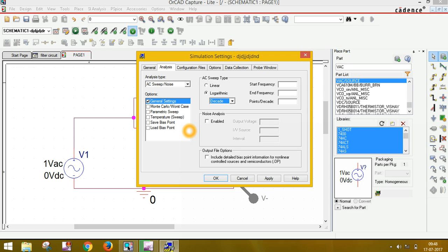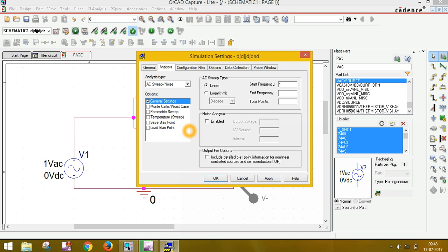The problem is when you use linear type for a big range of frequency, the points are crowded, and to observe that you face lots of problems. So now what is the start frequency in our question? 1 hertz.